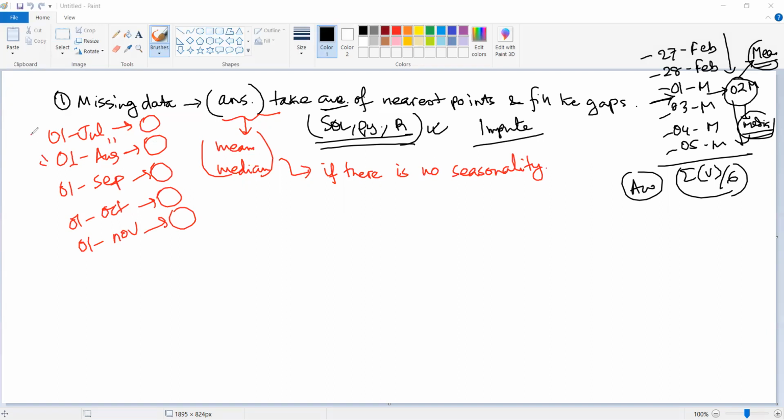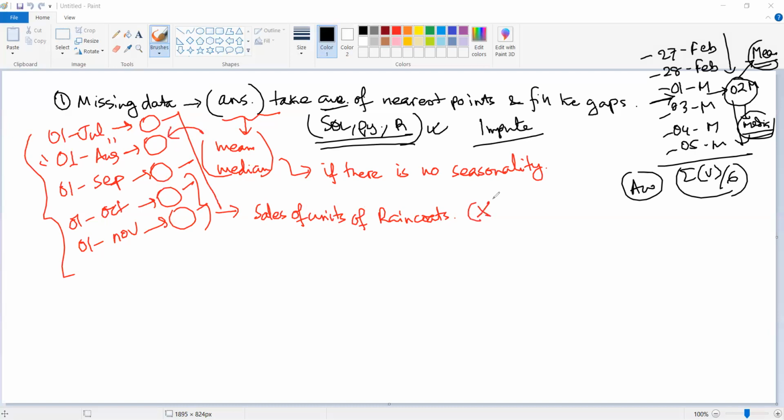And even better, let's say this example belongs to the sales of units of raincoats, right? If I take an average of July, September, October, and November and impute it into August, will that be the right thing to do? The answer is no. That will not be a good estimation. You know why? Because at least in Maharashtra, August is the